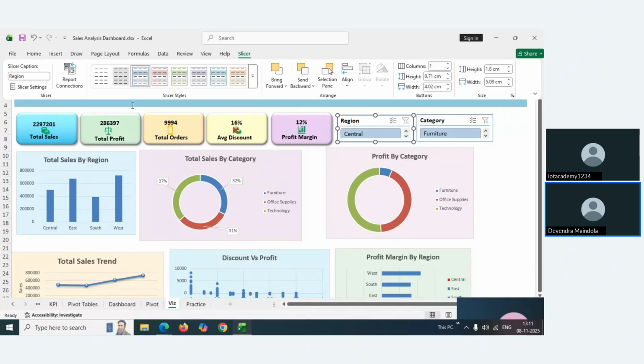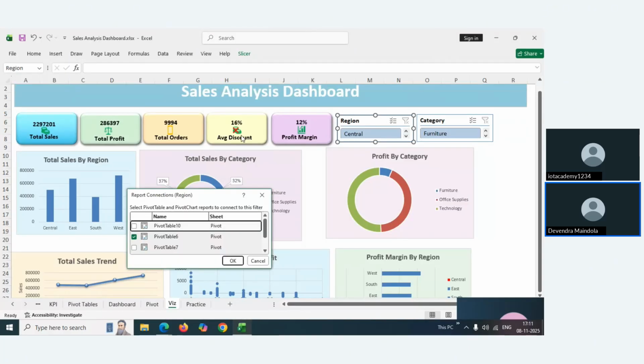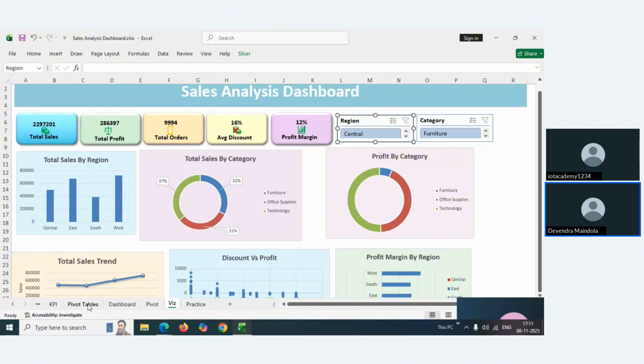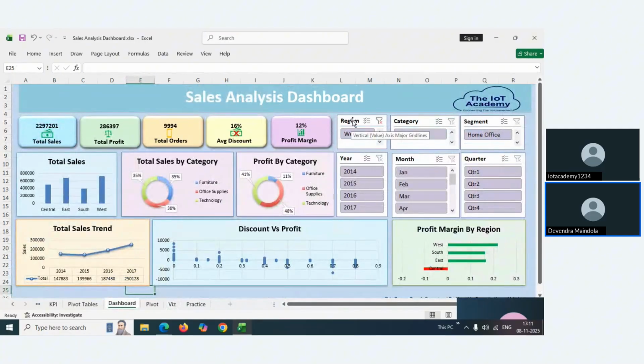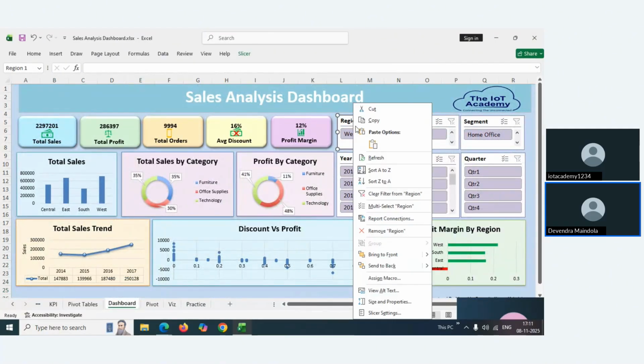Okay, click on report connection. Okay, because we are also using the data from other, that's why it's coming, right? Because we are using the same, that's why it's showing pivot table. Okay, more pivot tables. For example, here we do this one, region